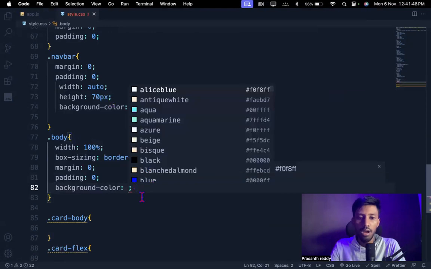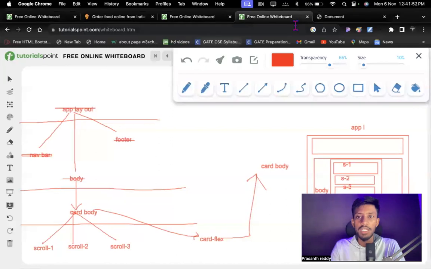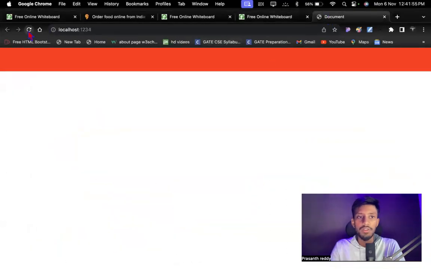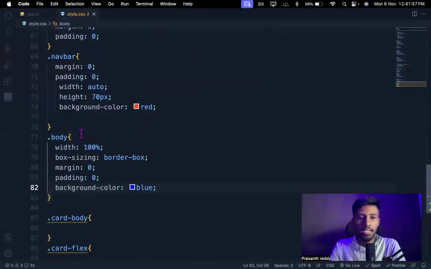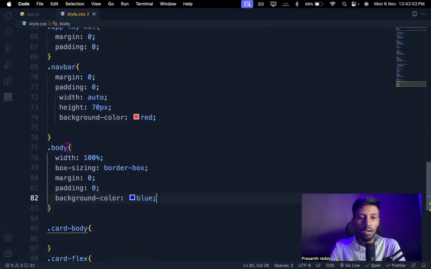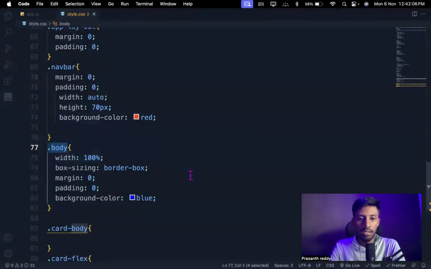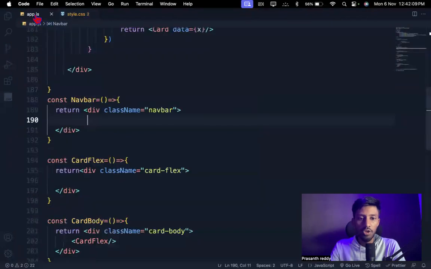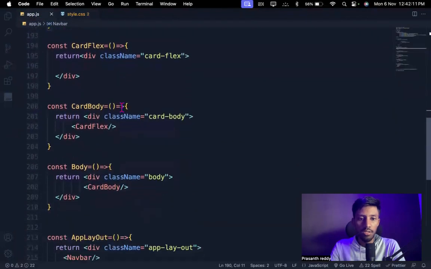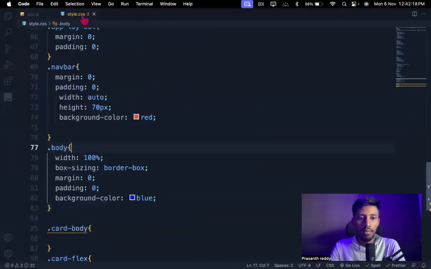And give the background color, let's give the background color blue. If you go and check it out here, let's see how it looks. Let me refresh the page. Why am I giving this to body? If you see, this is a body. Let me cancel this. Am I taking any class called body over here? Let's see. I'm taking this body and giving the background color. Background color, perfectly valid.